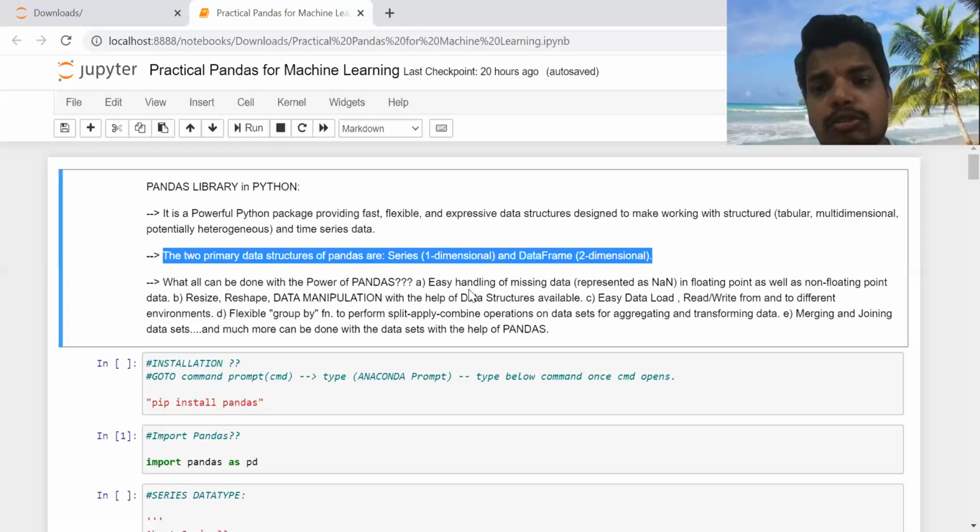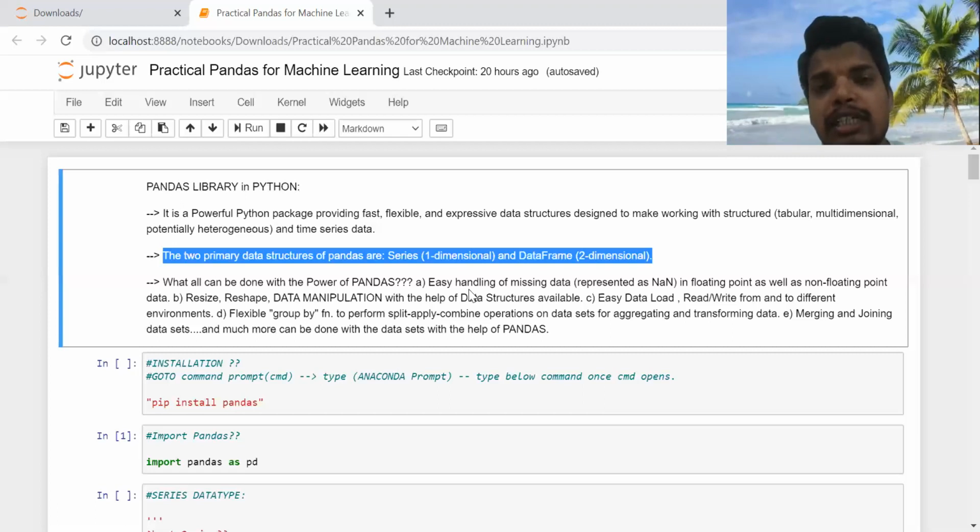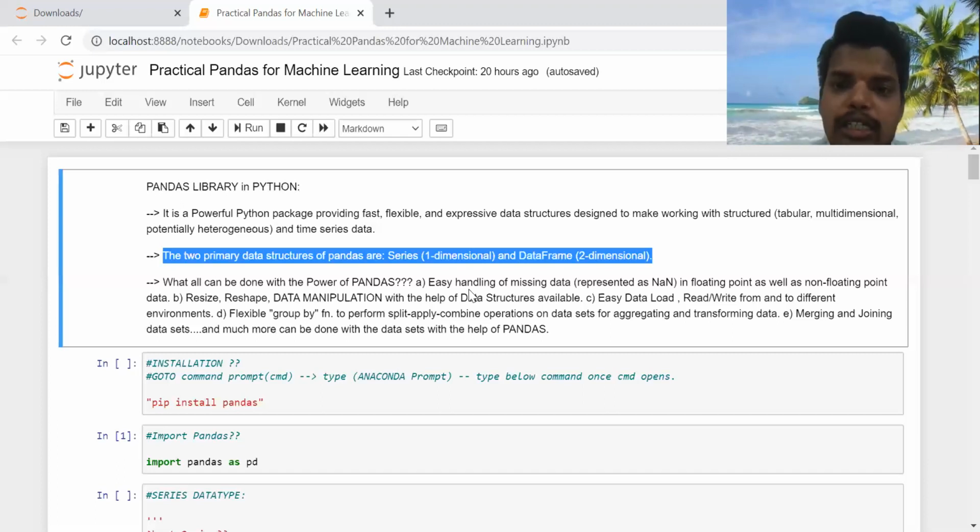Okay, so dealing with those types of missing data, or missing values, we can easily manipulate and fill in the values with the help of the pandas library. Then to reshape, resize, and manipulate, mostly to maintain the data set accordingly, or to drop columns and add columns, we can easily do these with the help of the pandas library.